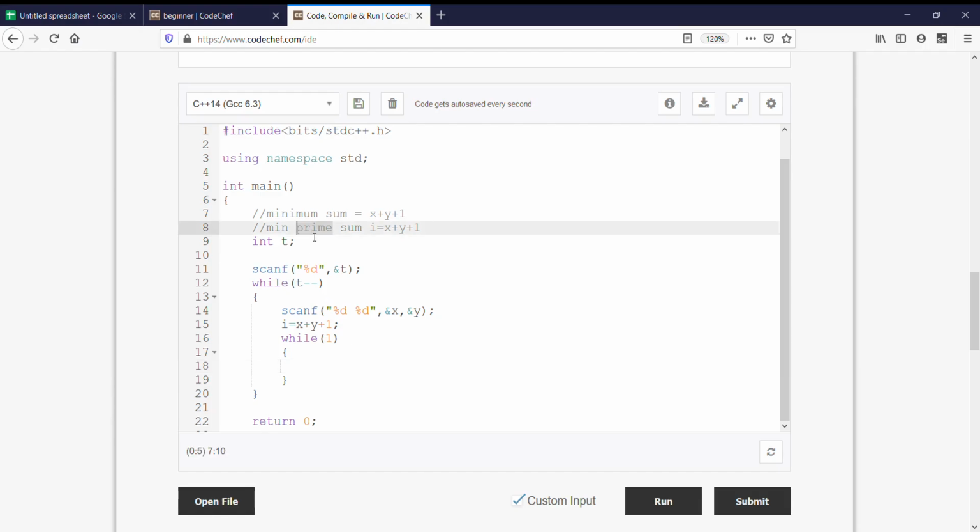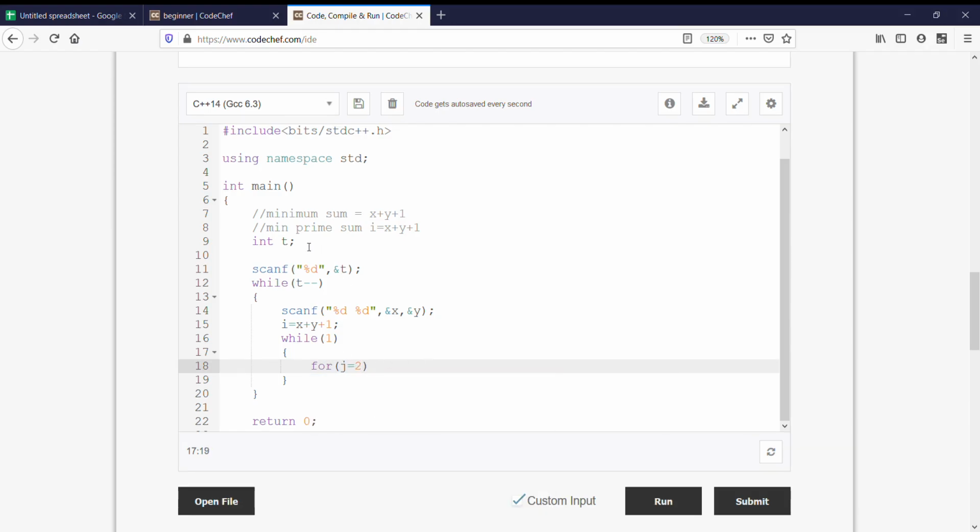So what is a prime number? A prime number is a number that doesn't have any number which divides it. Suppose 4, it is divided by 2. So it's not a prime number. Now 5. 5 is not divisible by any other number than 1. So it's a prime number. So we can say that for I, we will take j equal to